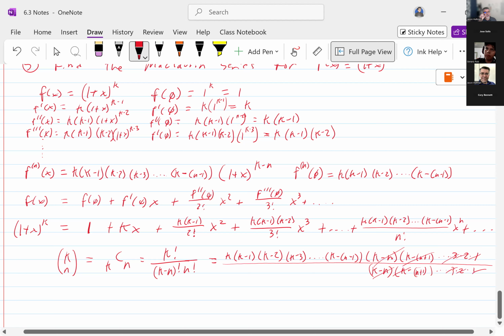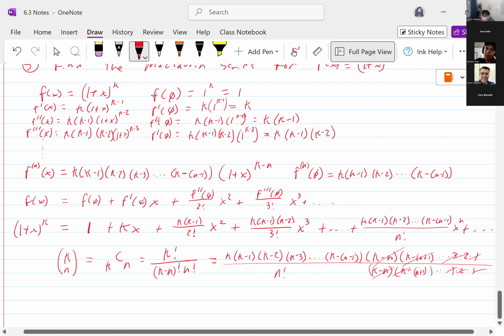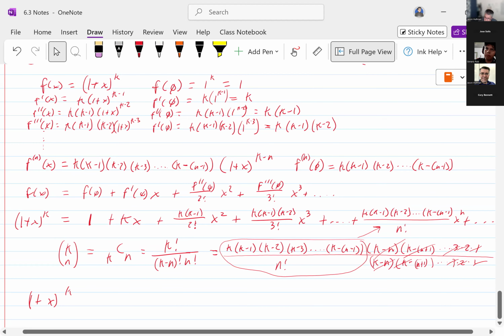So as n approaches k, I'm going to get them all to cancel out. And so this will just leave me with an n factorial on the bottom, which is exactly what we have here. So we can say that (1 + x) to the k power